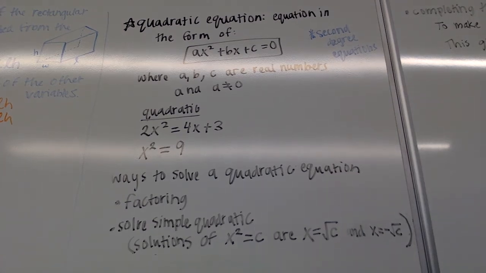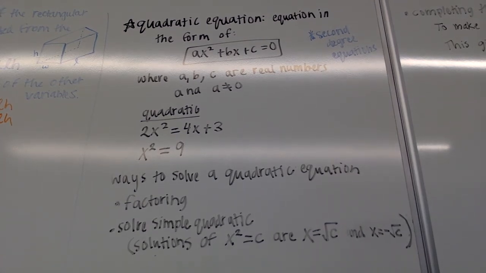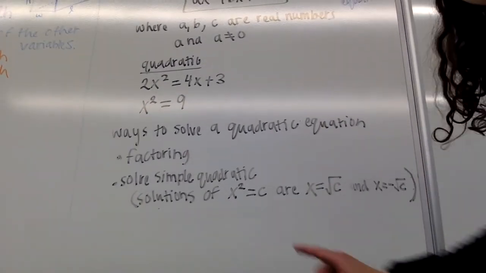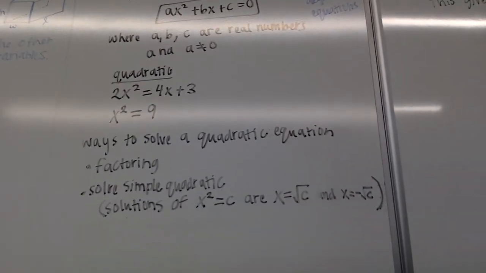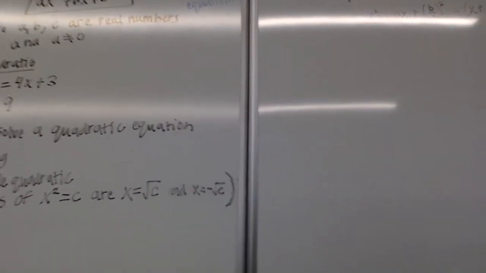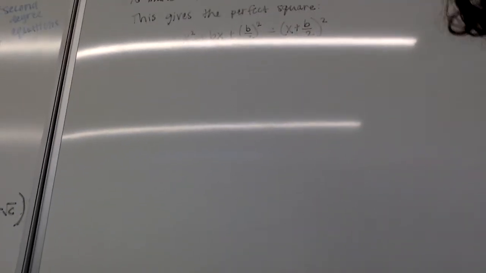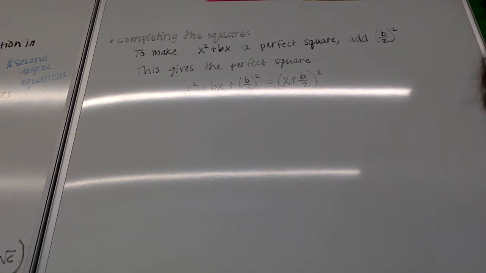And the last way to solve quadratic equations, you can just write it down below, down here, but I had to put it on the next board because it was a little bit longer. The last way to solve quadratic equations that we're going to go over today is completing the square. So basically this is how it goes. To make x squared plus bx a perfect square, you need to add b over 2 squared, and this gives the perfect square of x squared plus bx plus b over 2